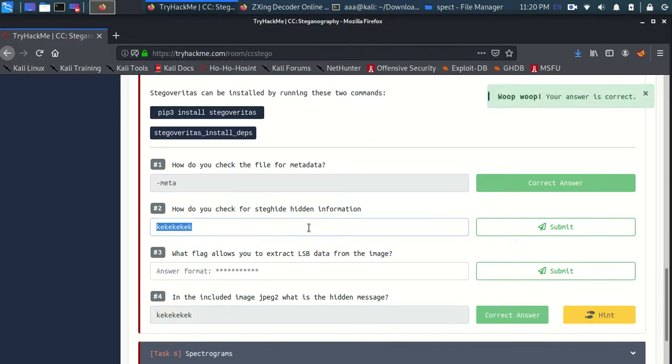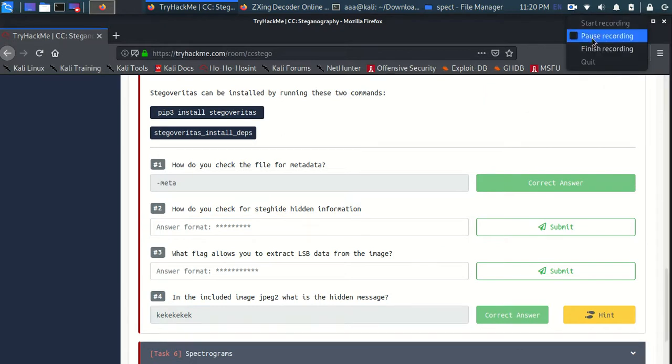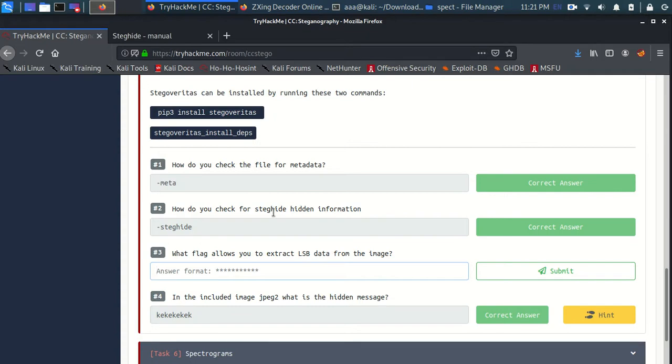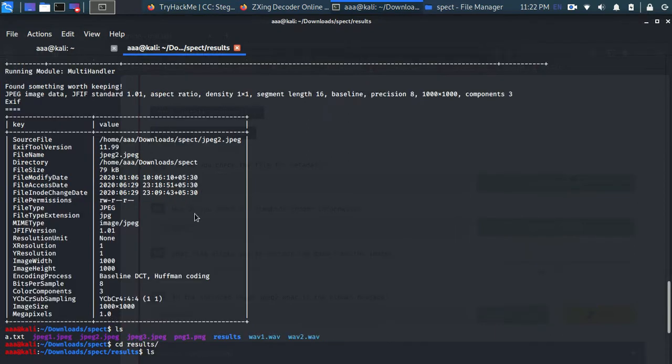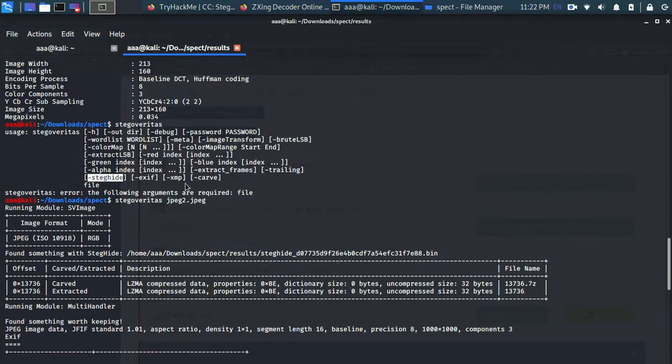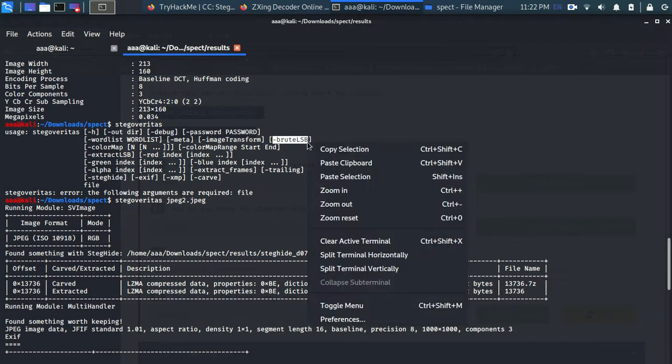Okay guys, so for StegHide information, it's just the dash steghide flag to find the hidden information. Like we can just type this command steghide and the name of the file we want for the answer, and let's copy this thing as well, paste it.